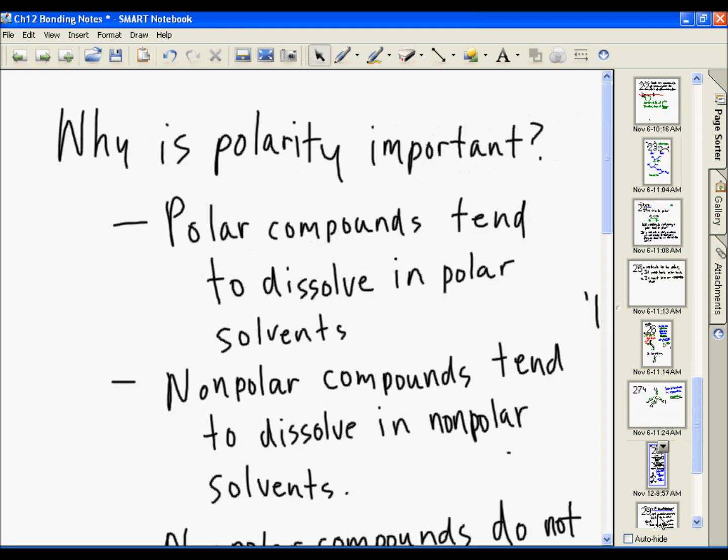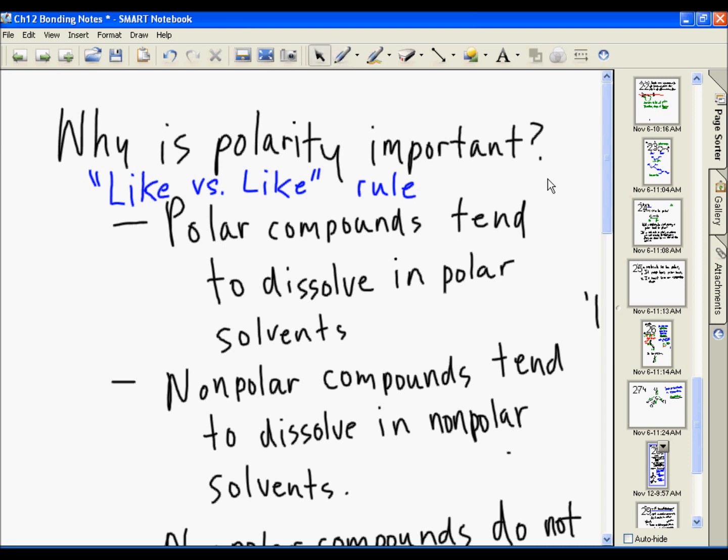Okay, here's the so what. So big deal. We can look at the shape of a molecule. We can decide whether it's polar or nonpolar. Why do we care? So here's why polarity is important. The reason it's important is what's called the like versus like rule. And that rule is that